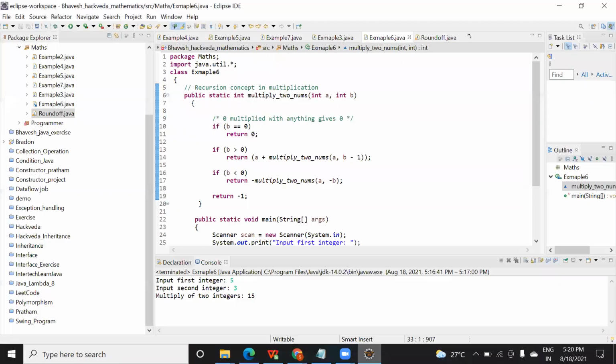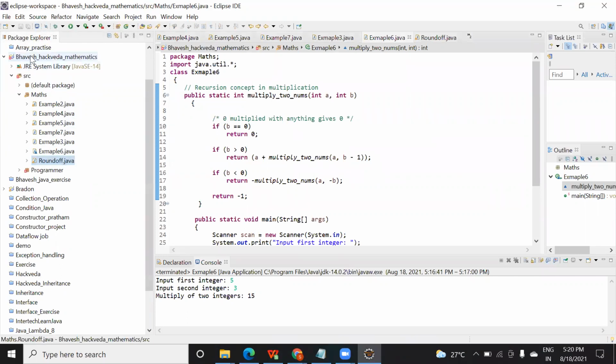Right now here, which is our folder name. You can see math is your package and the folder name is Bhavesh Hack with the mathematics. This is one folder. While taking a class, I made this program, so I will upload this also in the GitHub. Check for this folder name, and then these are the several programs that are based on that. So which program is based on recursion? This Example6.java. Watch the video at least. I think you might not be watching the videos. Watch the videos so you will get clear what programs are covered in today's session. Based on that, you practice that.